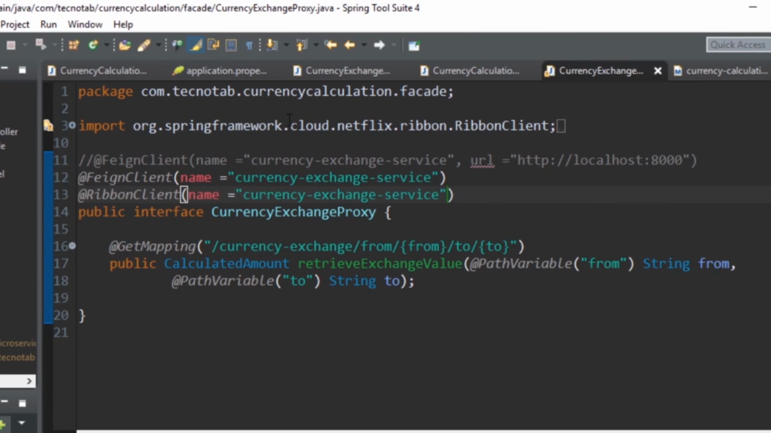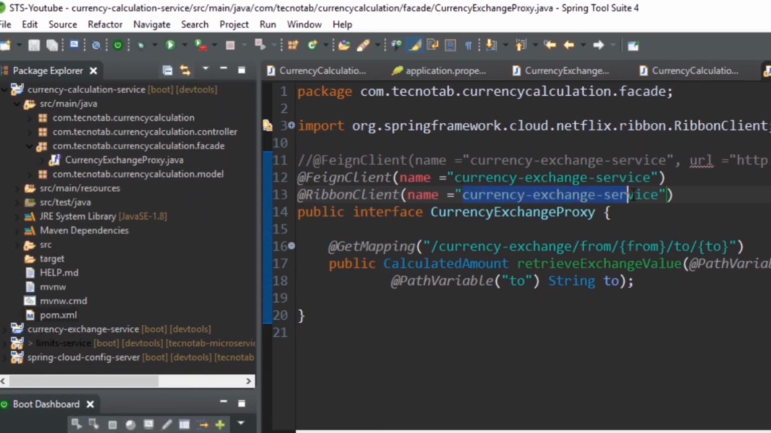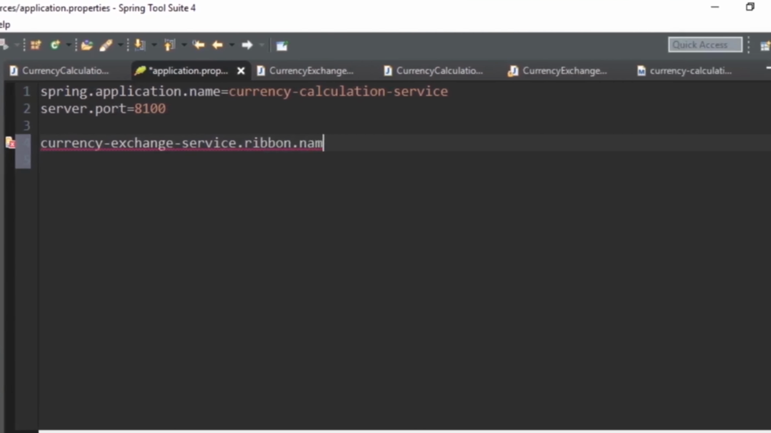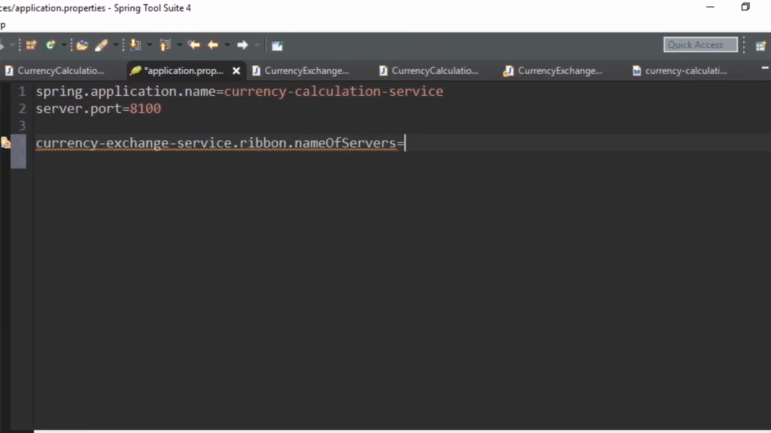Now the next change that we have to do is in the application.properties of currency calculation service. Make sure you are using this, and you have to provide the name of the calling application, that is the currency exchange service application name, that is this one, .ribbon. Name of servers equals, and we have to provide the URLs where our currency exchange service is launched. So the URLs are